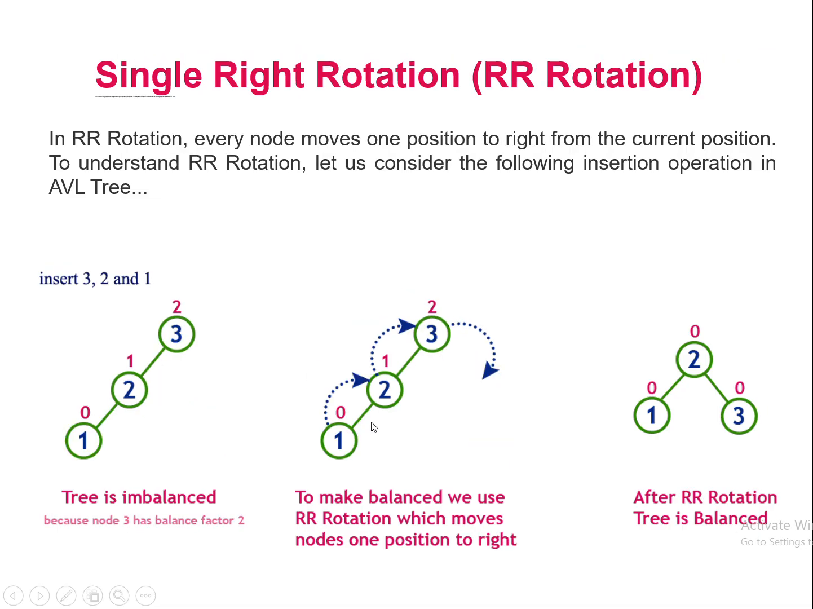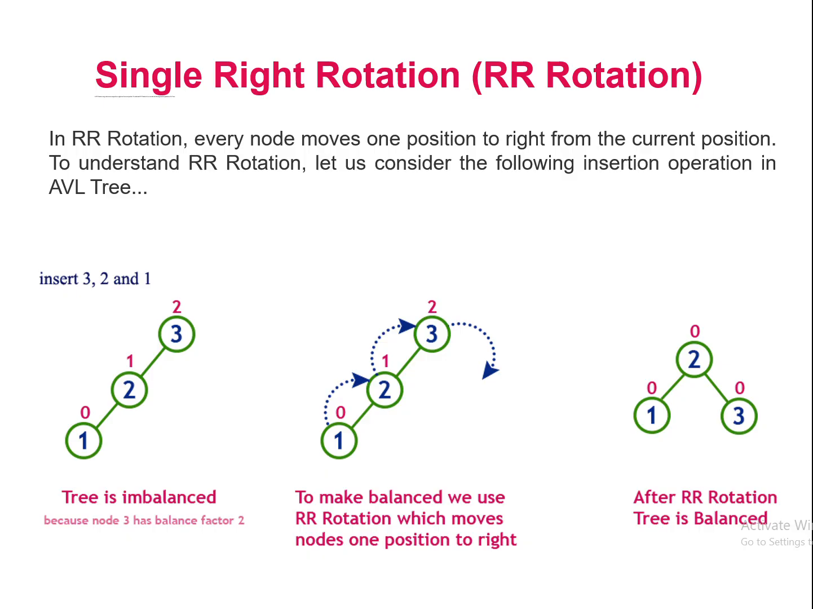Let's see the second rotation, single right rotation. In a single right rotation, every node moves one position to the right from its current position. To understand LL rotation, let us consider the following insertion operation in an AVL tree. This is an example. First we insert 3, and then next